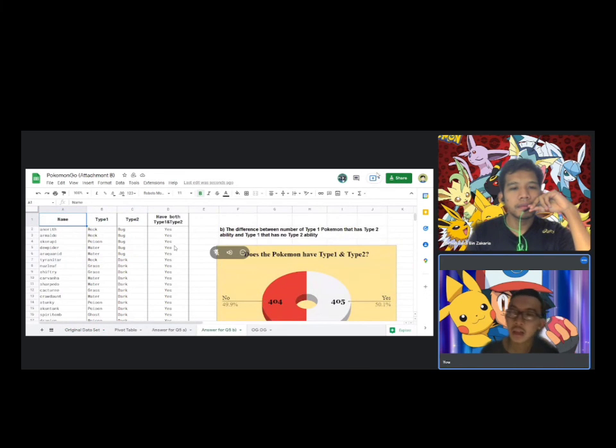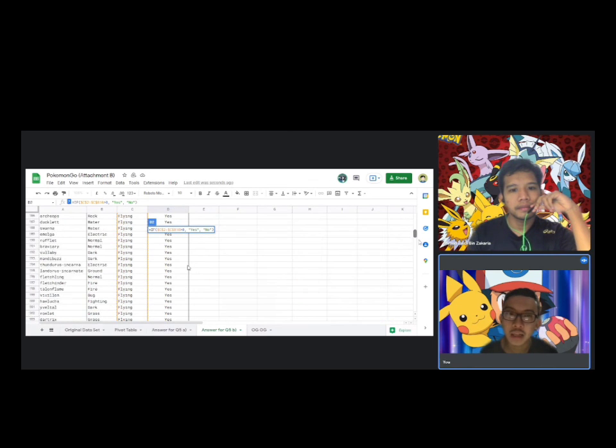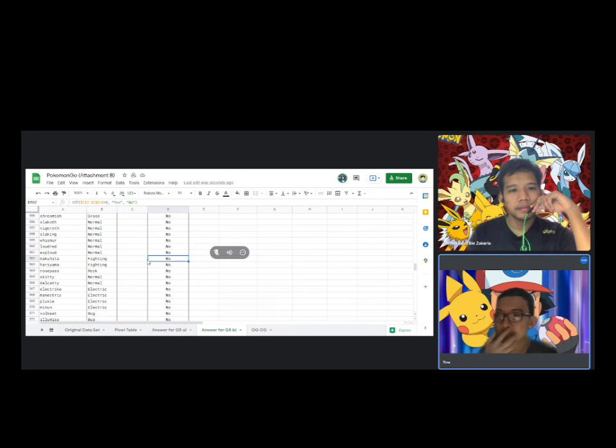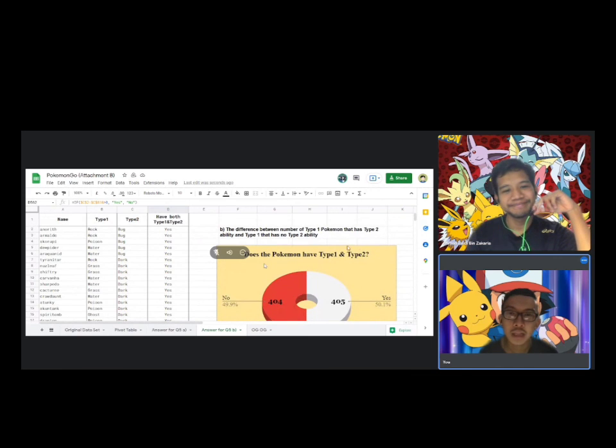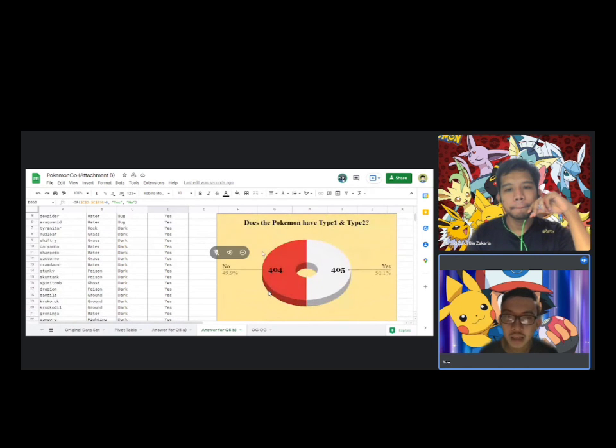In the sorted table, we can use an if function on the fourth column. If the Pokemon has both types of elements, we put yes as the answer. If not, it will be no. If I go down, you can see that if there's no type 2 element, there will be no, whereas if there is, there will be yes. Then from that column we can make a pie chart, and we can see that there are 404 Pokemon